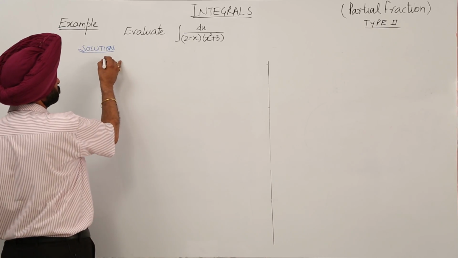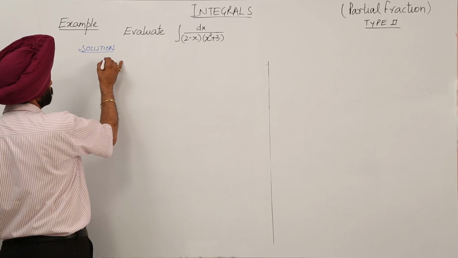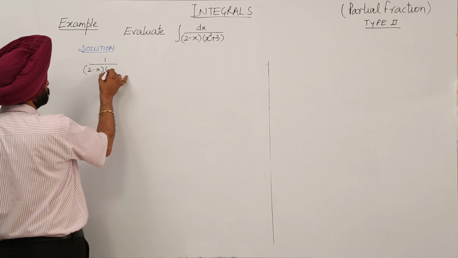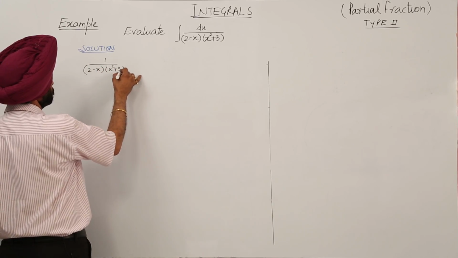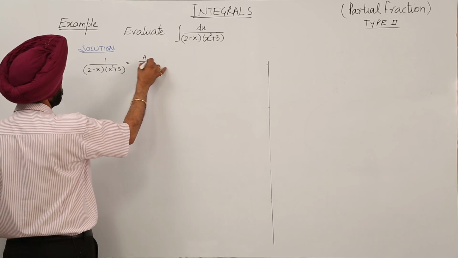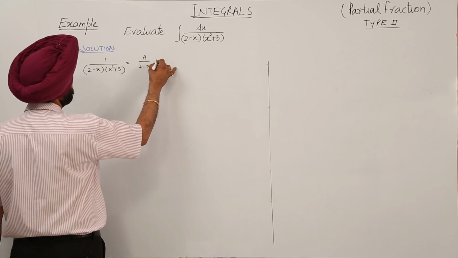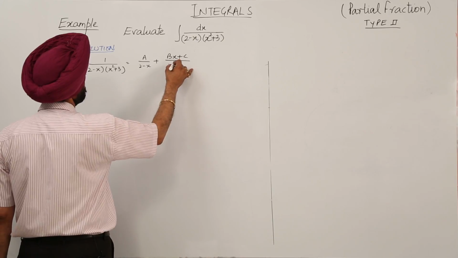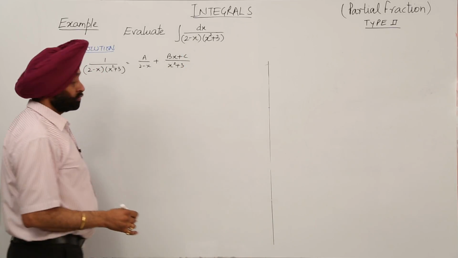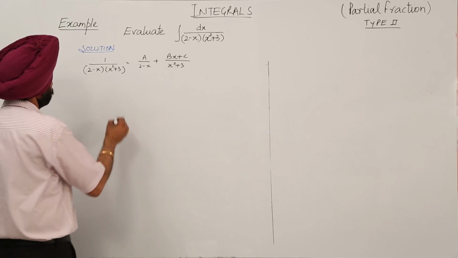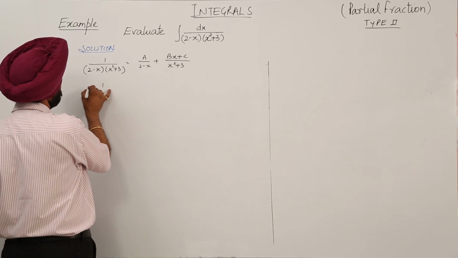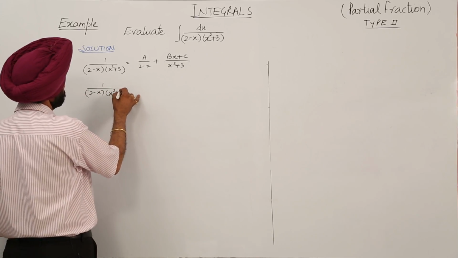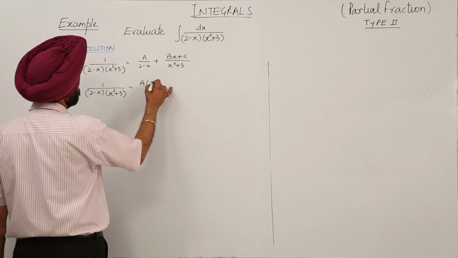Now this question can be written as 1 upon (2 minus x)(x square plus 3) is equal to a upon 2 minus x plus (bx plus c) upon x square plus 3, because we can't make factors for x square plus 3. Now we are having 1 upon (2 minus x)(x square plus 3) is equal to a with (x square plus 3)